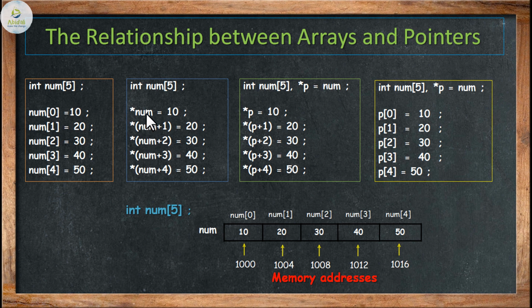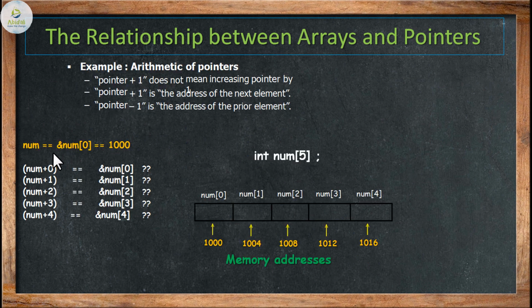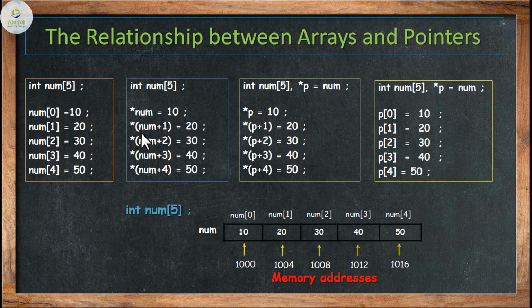Similarly, this can also be done by using the indirection operator, that is the value at operator. That's a pointer operator which has another meaning, called the indirection operator. So when I pronounce it, I will say value at num is equal to 10. So what does num stand for? From the series we have taken, num is equal to address of num of 0. So what I am saying is, at address 1000, the value equal to 10 will be allocated. So these all are the same.